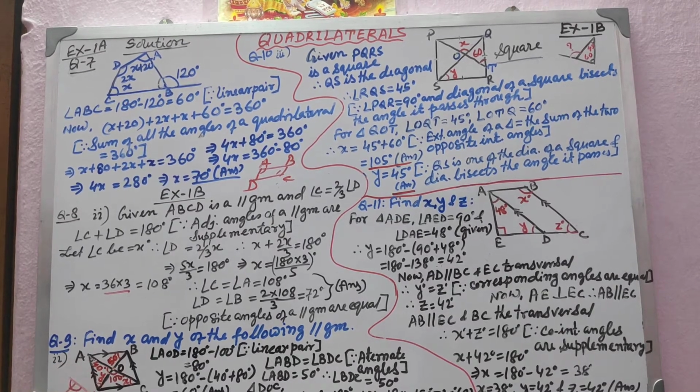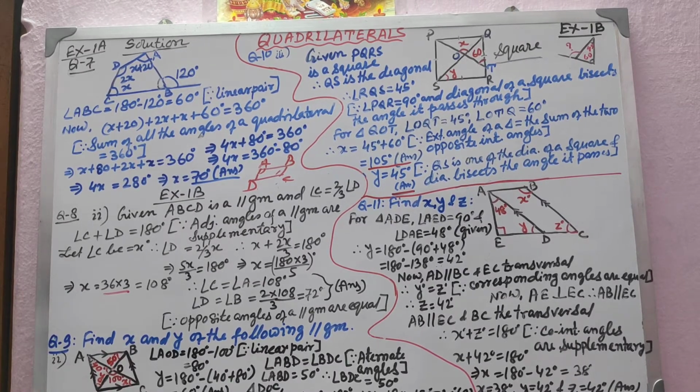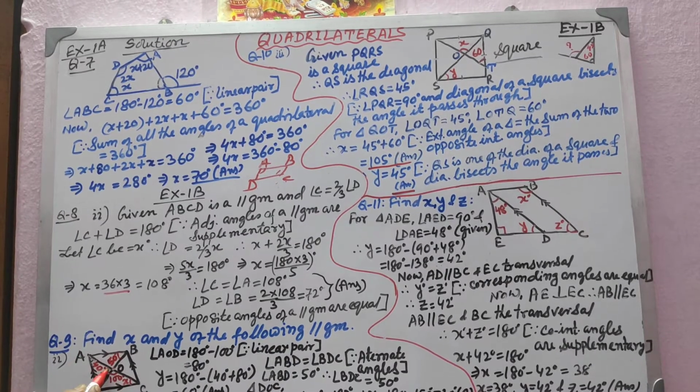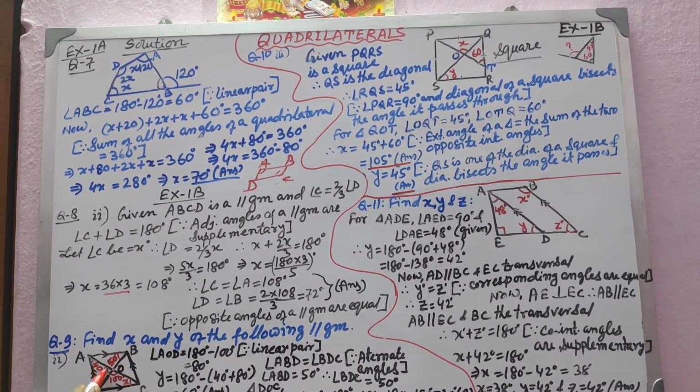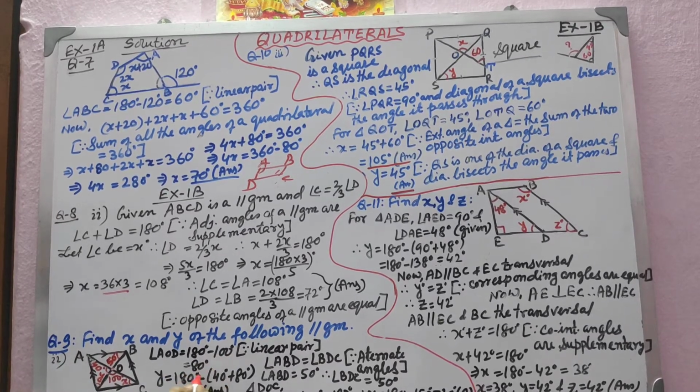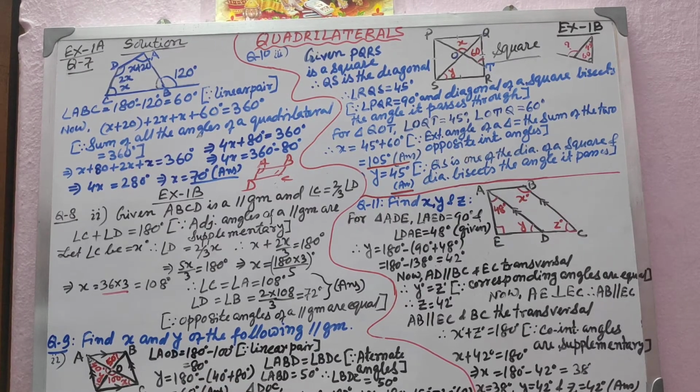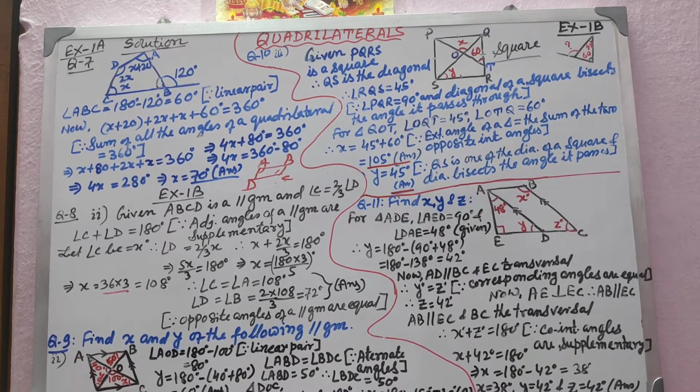Now in triangle AOD, you see, here is 80 degree, here is 40 degree. The third angle will definitely be 180 minus the sum of 80 plus 40. So angle AOD is equal to 180 minus 100 degree, because they are a linear pair. It is a linear pair with this 100 degree angle, so it becomes 180 minus 100, that is 80 degree. Now y value will definitely be 180 minus 120, that is 60 degree. Why is it so? Because the sum of all the angles of a triangle is equal to 180 degree, in this case triangle AOD.